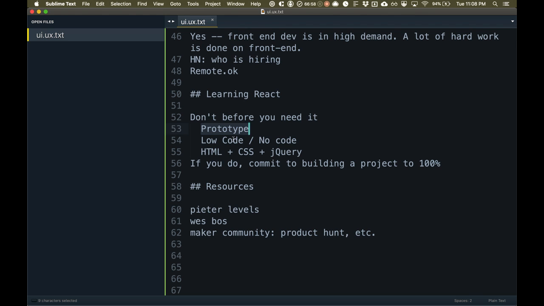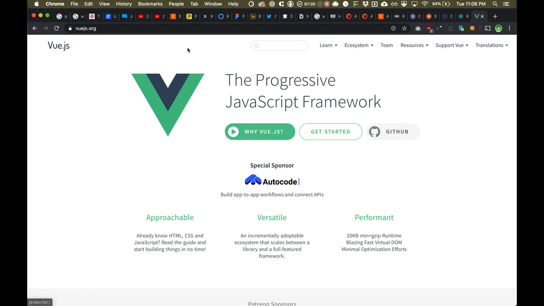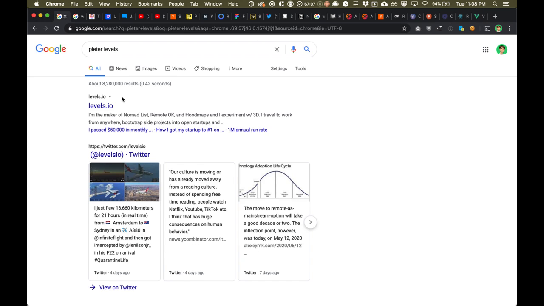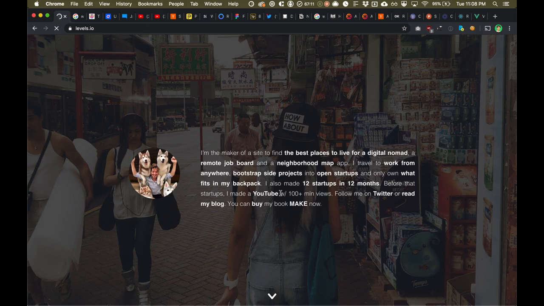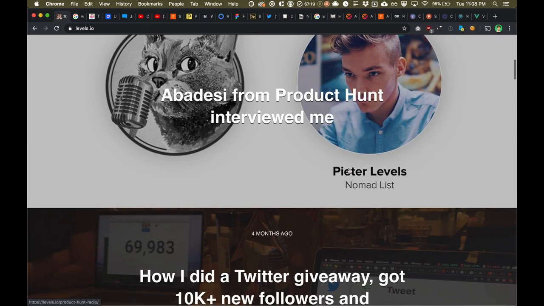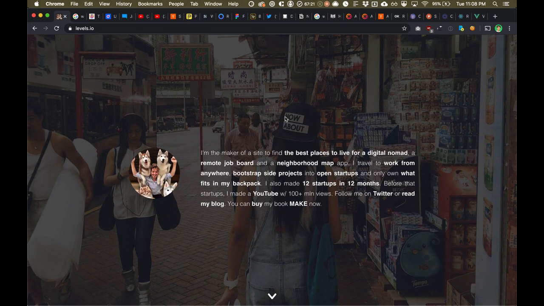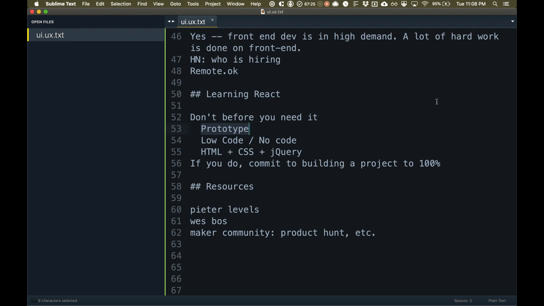It doesn't matter what technologies you use. It doesn't matter if you're using the latest framework. In fact, a lot of the people in the maker community, right, Peter Levels, he uses a giant PHP file to run his business, which is making, I think, like $100,000 a month. I don't even know. I don't want to misquote him, but he's making a lot of money every month based on a single PHP file. So don't pay attention to the technology or the latest flash, the latest buzz.